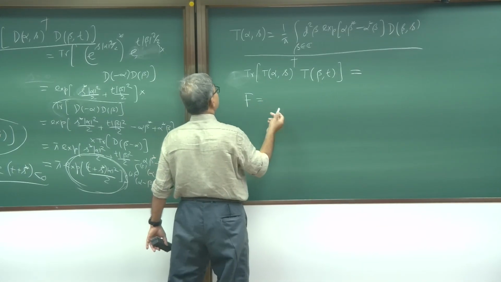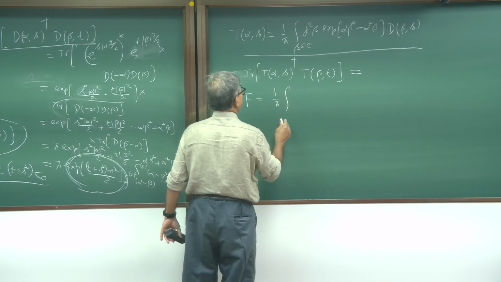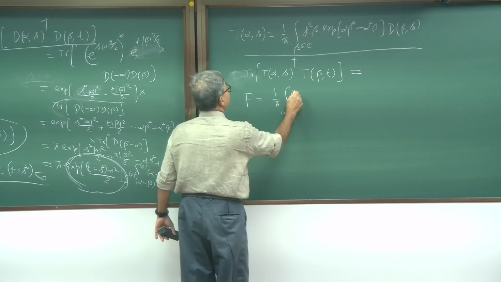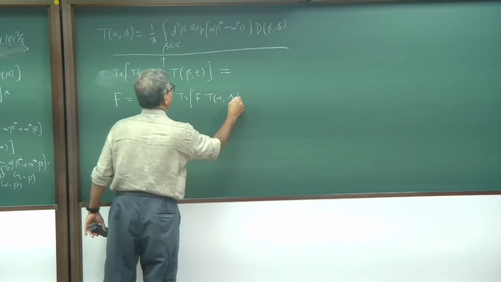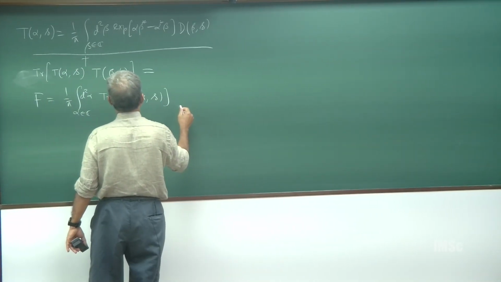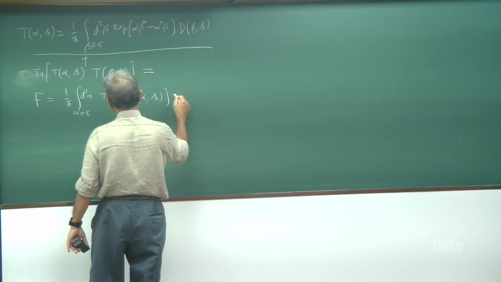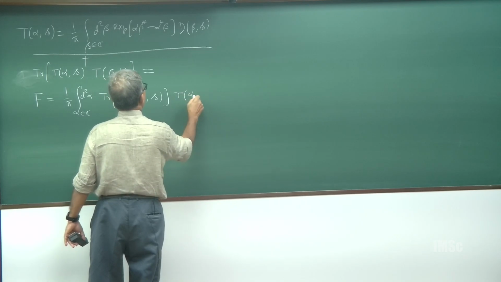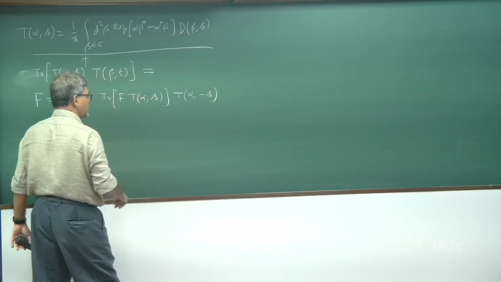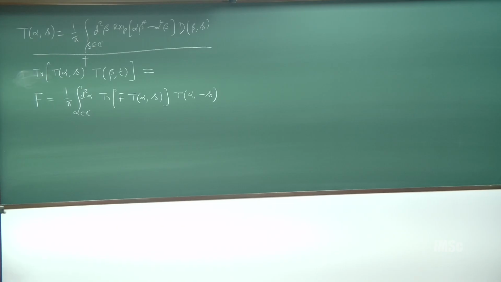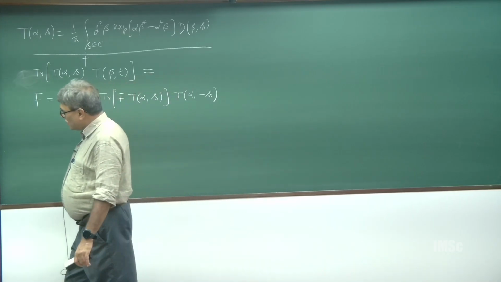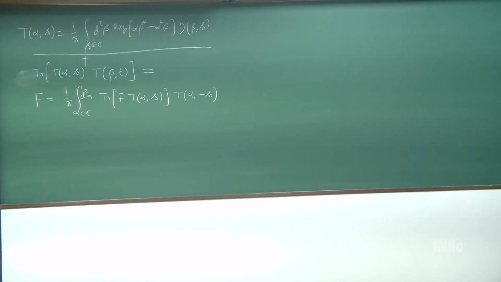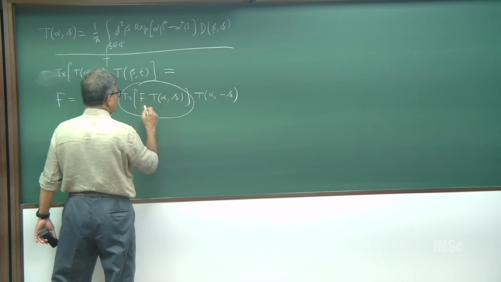So, for a bounded operator F, I will assume that I can express it as an integral d square alpha of trace of F T of alpha s, times T of alpha minus s, okay. So, this is what we will have. These two will give rise to this, so this is basically your weight function